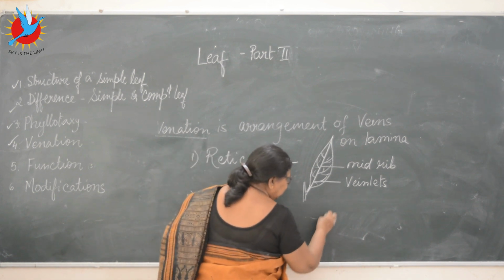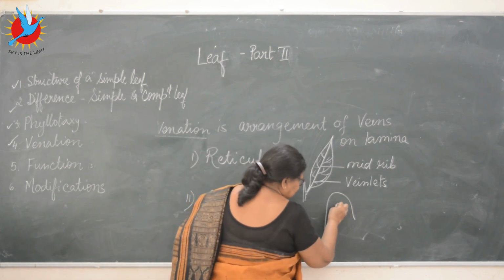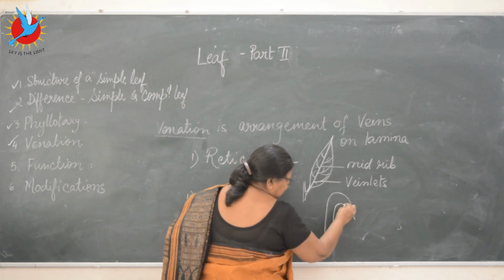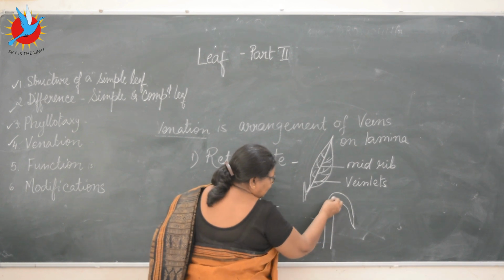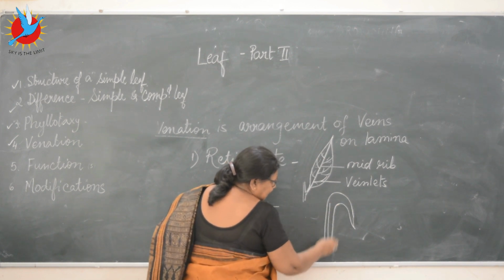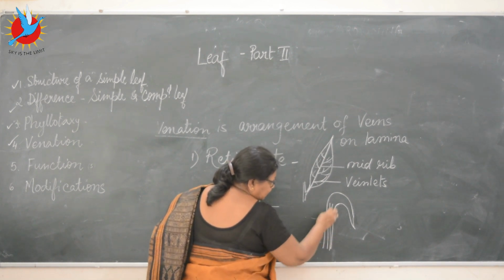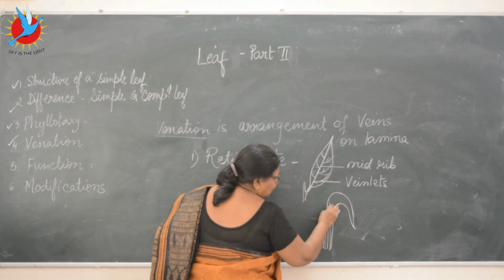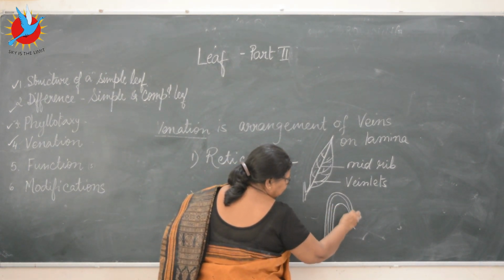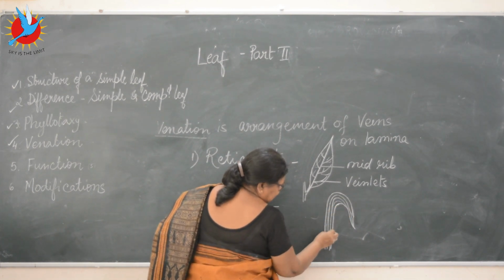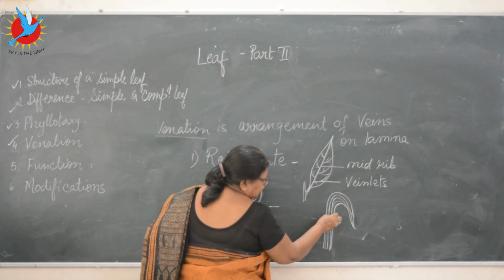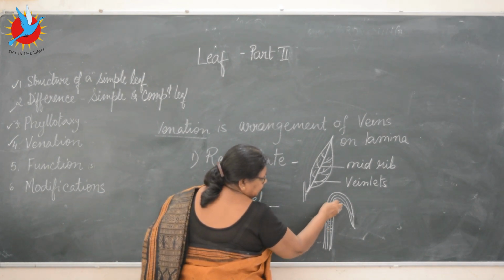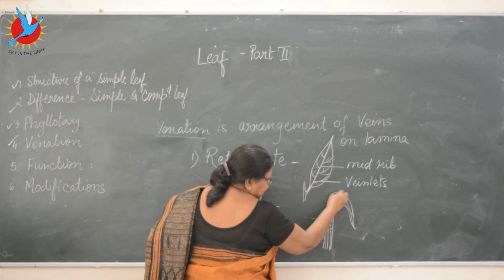So how do we draw it? Suppose we take a lily leaf, even the bamboo plant, or the sugarcane, all these leaves, all the veins, you cannot distinguish between any midrib or side veins. All of them are like this. And then again the side veinlets are there, smaller veins.